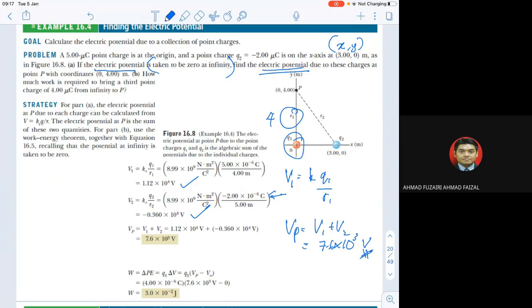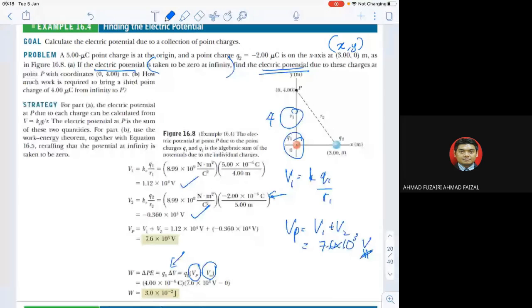Remember, we have work, and we have potential energy. So we can use the potential energy. The delta PE is equivalent to Q times delta V, Q times delta V. So what is V? Okay, this is very important. We should calculate the electric potential at point P and also the electric potential from infinity, because the work required